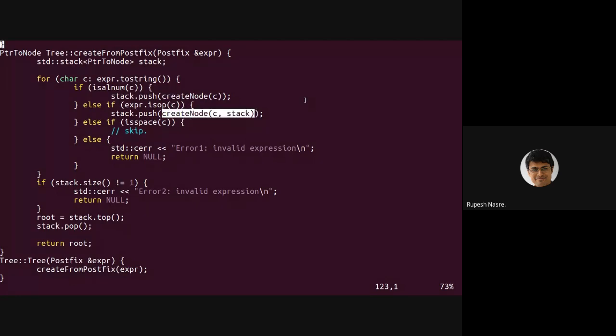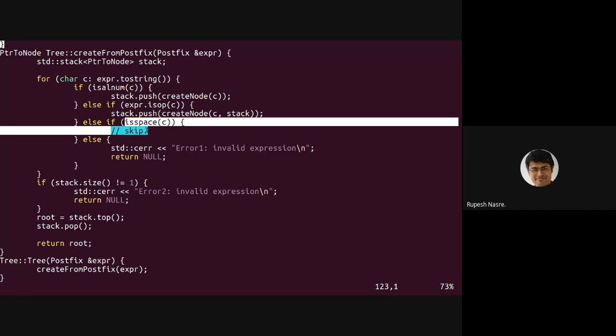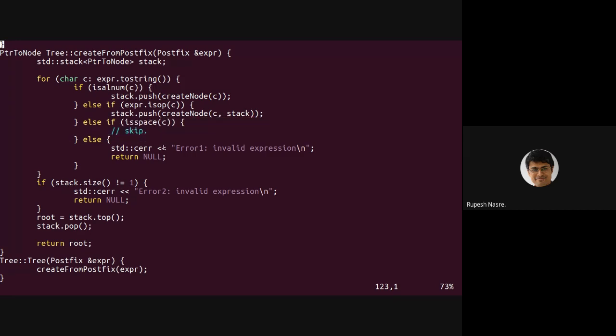So this creates a subtree. Using this subtree, it returns a root to this subtree, and that I push to the stack. So this is also similar processing in the context of postfix evaluation, just that we were returning the value, pushing the value. If it is space, then I skip, which means that I allow spaces. Otherwise, it's an invalid expression.